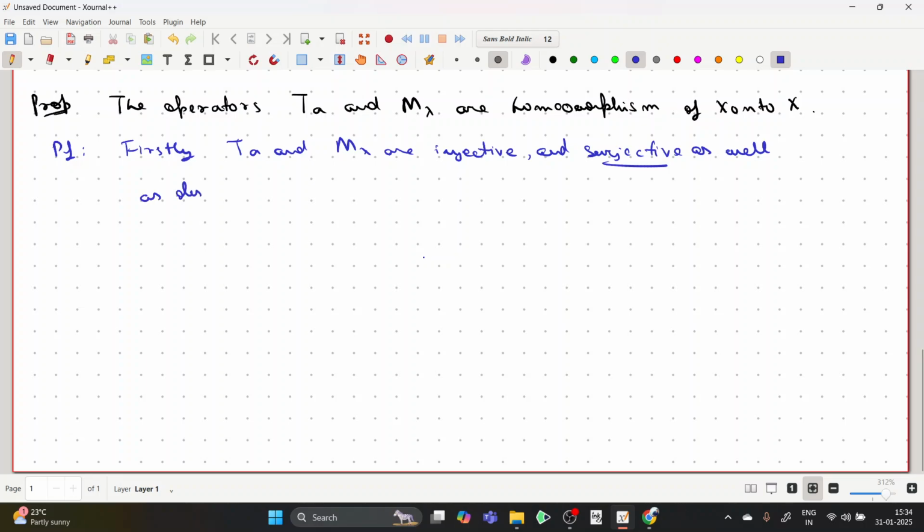As observed, injectivity is pretty obvious. So why is it surjective? You can immediately see it from here. Observe that